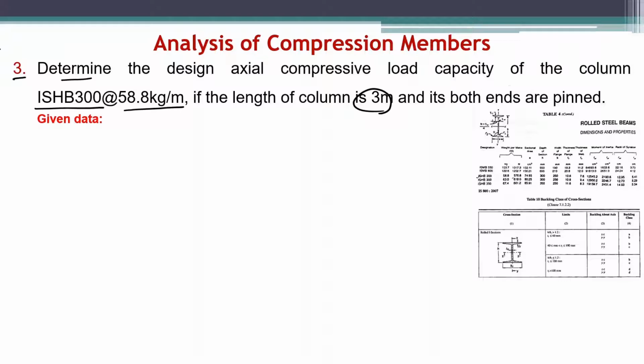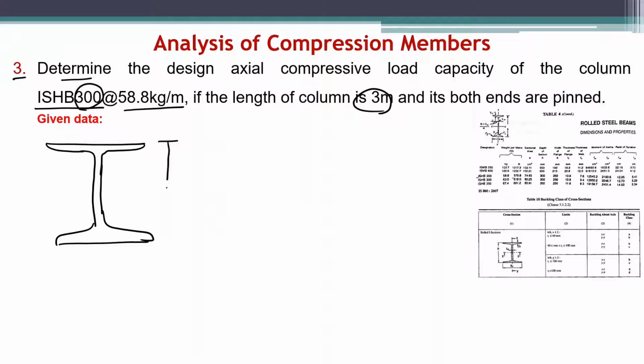So let us write the given data. We have ISHB 300, Indian Standard Heavy Beam, that is nothing but ISHB. So it is the I section. Let me draw the I section. Okay, this is the I section. Since it is 300, the value is given as 300. That means the depth of the section